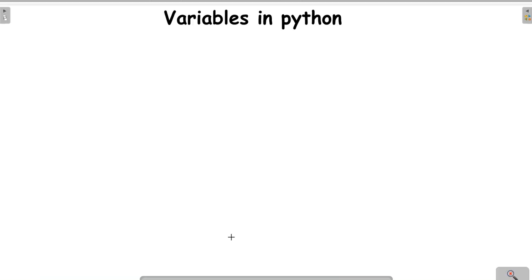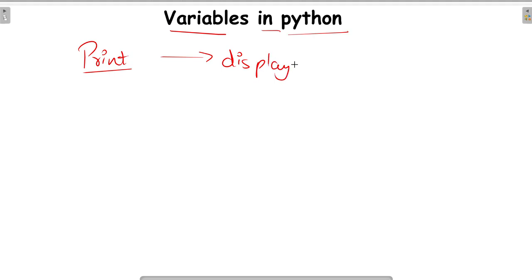Now let's get started with today's agenda. We are going to learn about variables in Python in detail. Till now, we have become familiar with the print command, which is used to display the output.